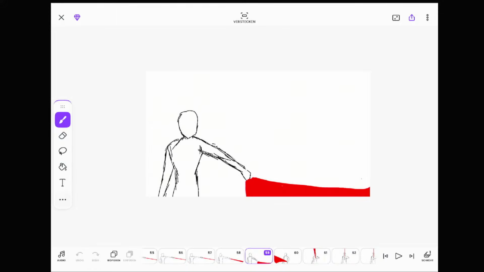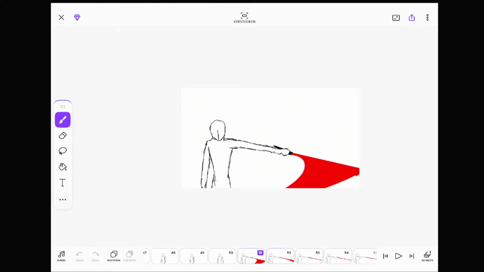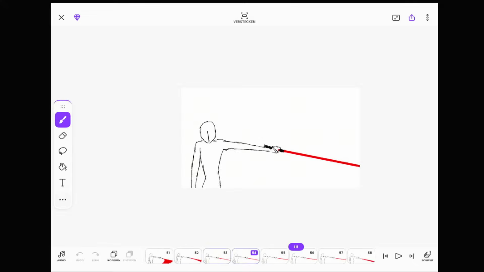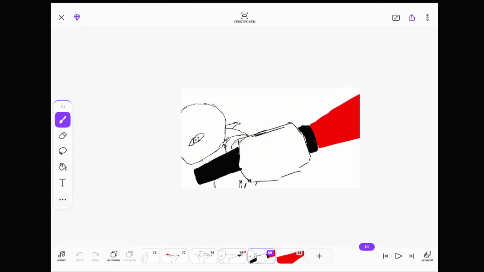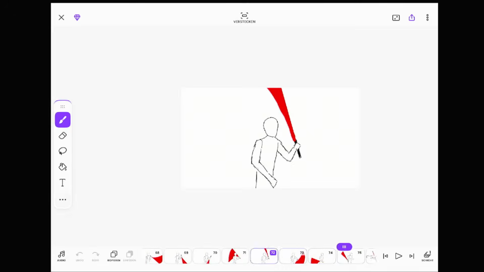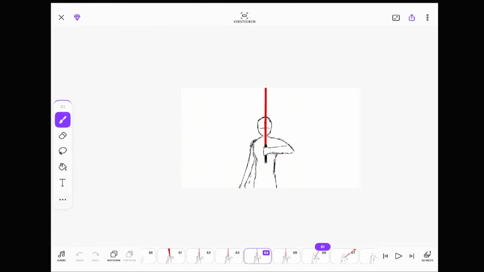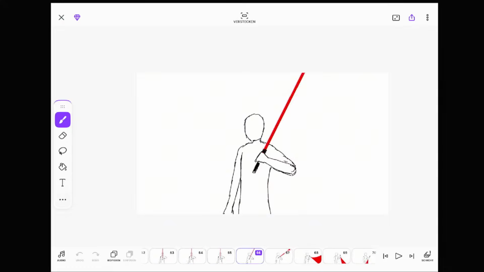So yeah, what I wanted to do is that to animate further, I want to animate the strike a little bit further. And I want to animate a close-up on this part.